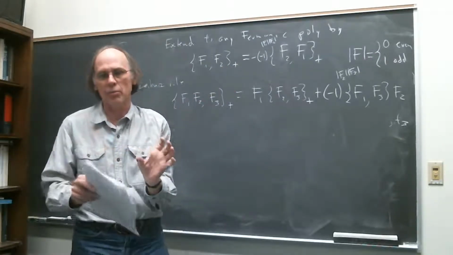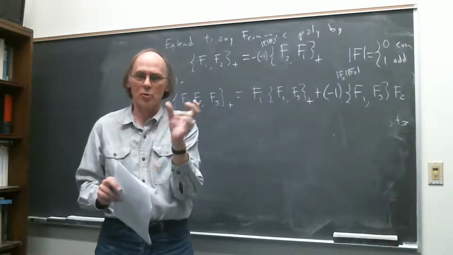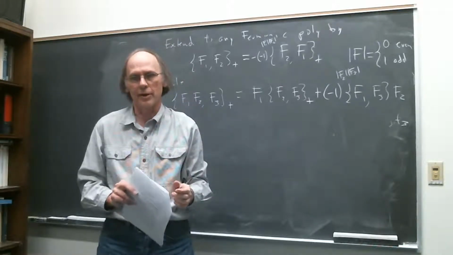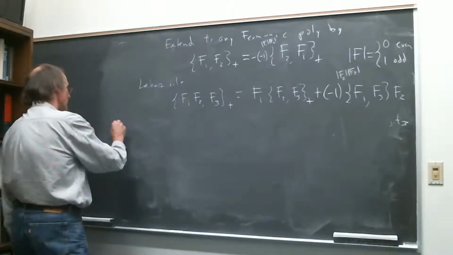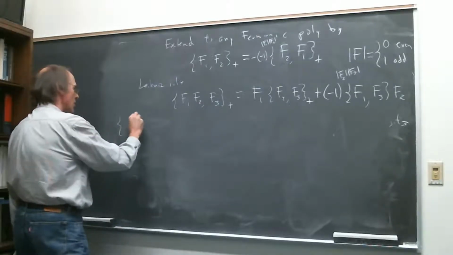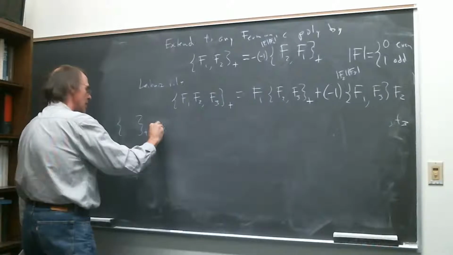It's got Lie bracket properties with some weird signs when there are odd things involved, and this is what's called